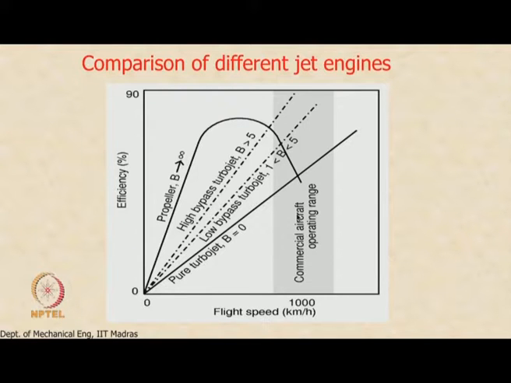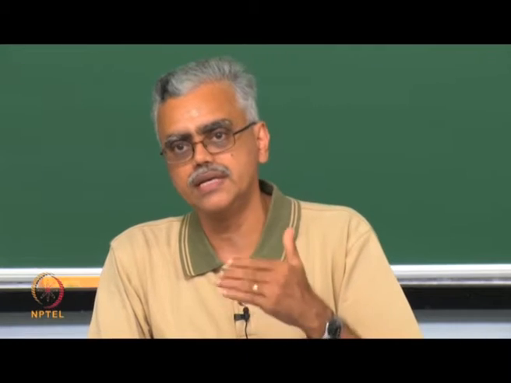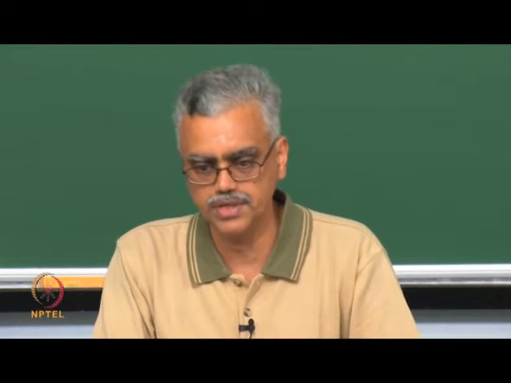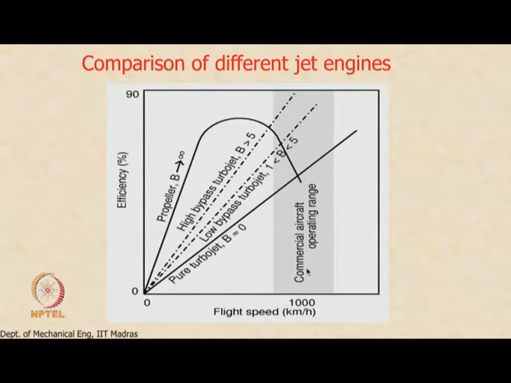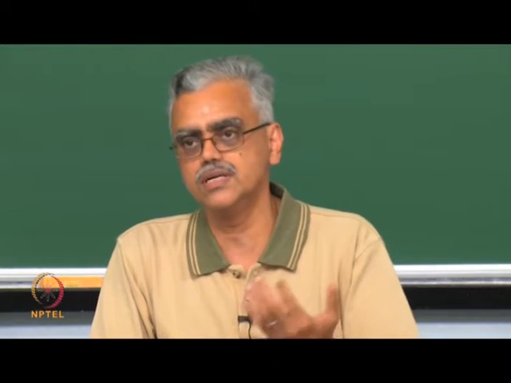Remember, we said that we wanted the flight speeds to be in the high subsonic Mach number range. So that means we are typically talking about flight speeds of about 1000 kilometers per hour or so at altitudes of about 35,000 feet, 35 to 40,000 feet, no more than that. Okay? So you can see from here, based on the definition of the bypass ratio that we just gave,